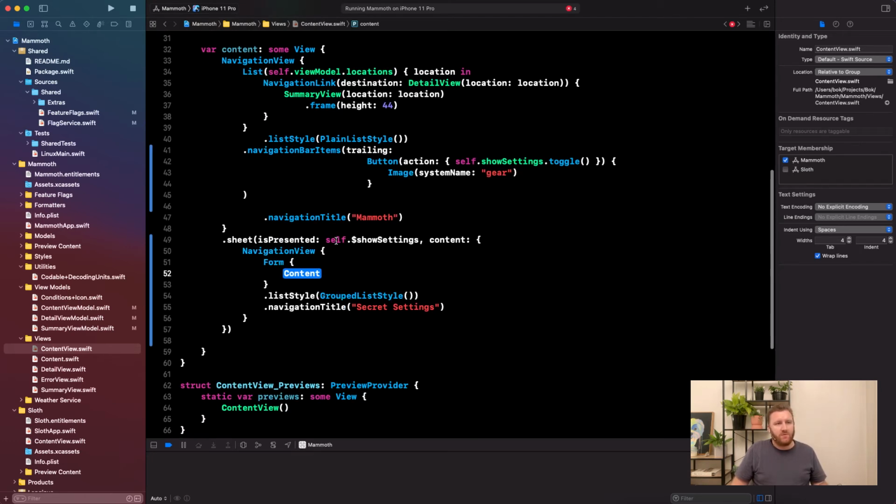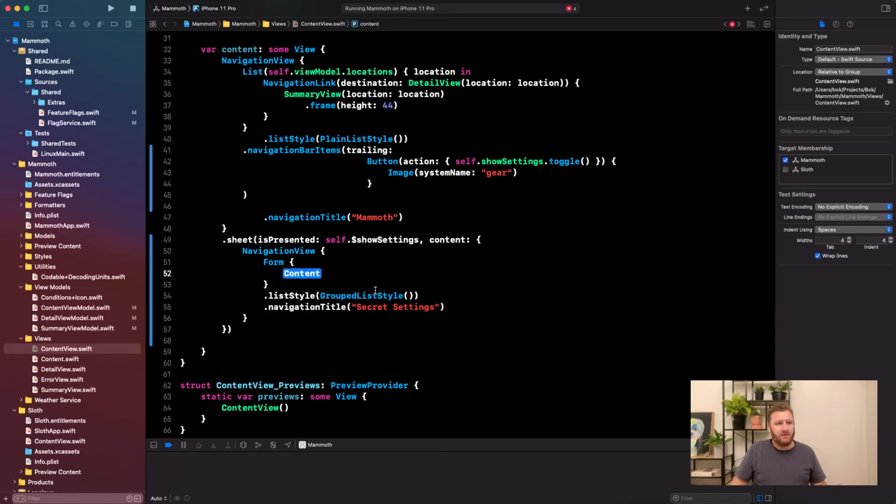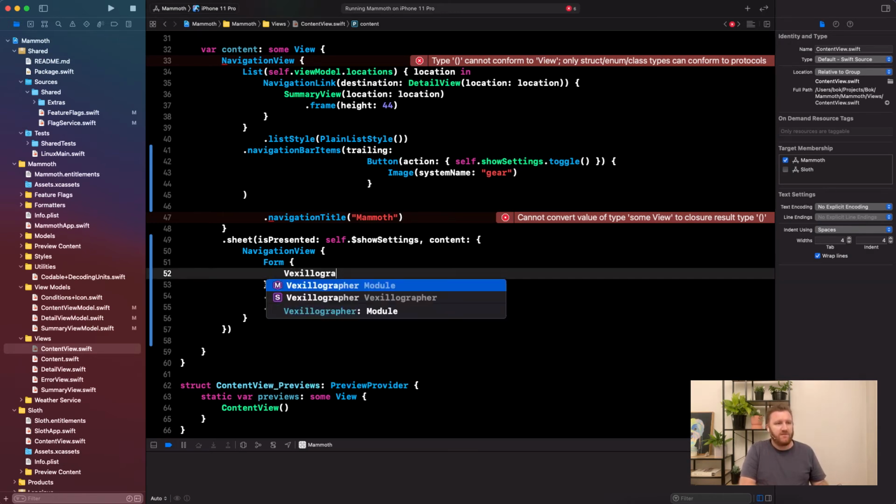So, a very quick modal that uses the binding of the show settings tool to show the navigation view with this stuff in it. And then all we actually need to do is, Vexil also ships with a second module called Vexillographer, which is the person who designs flags. We're editing flags, so this is pretty close. We say Vexillographer,